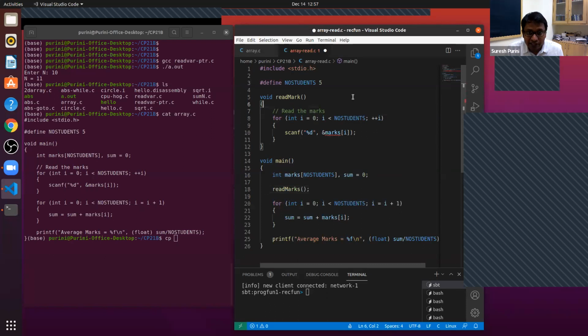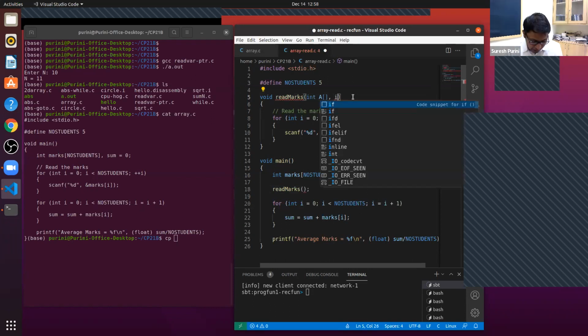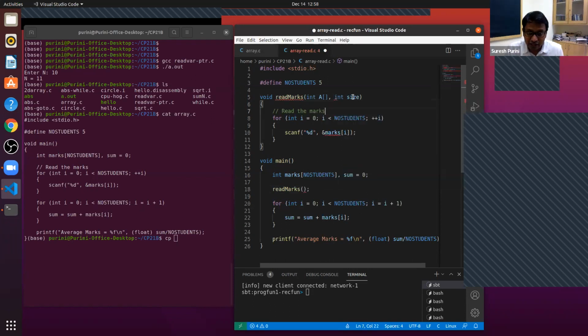When we are passing arrays as parameters, for single dimensional arrays, we use the array with a square bracket. We don't give the size inside it, and then we have int size and height.